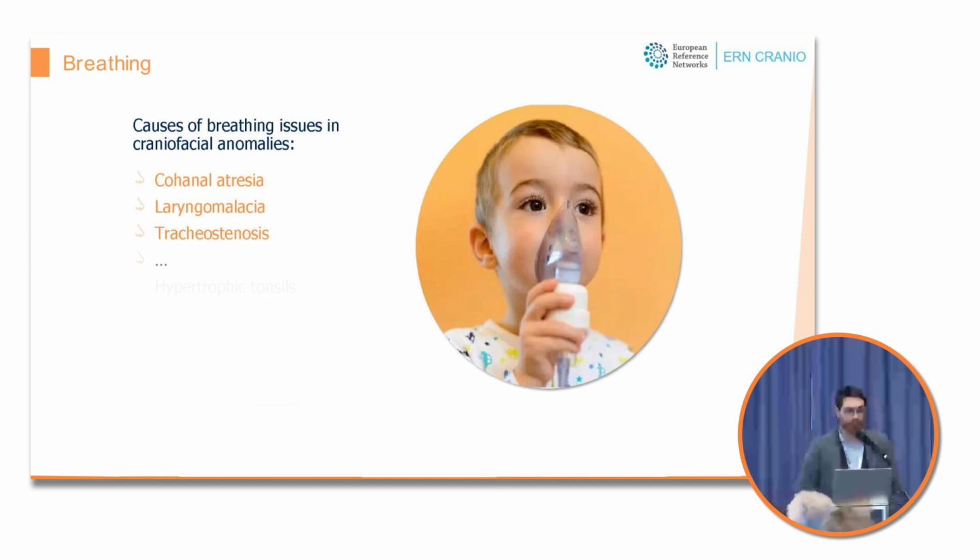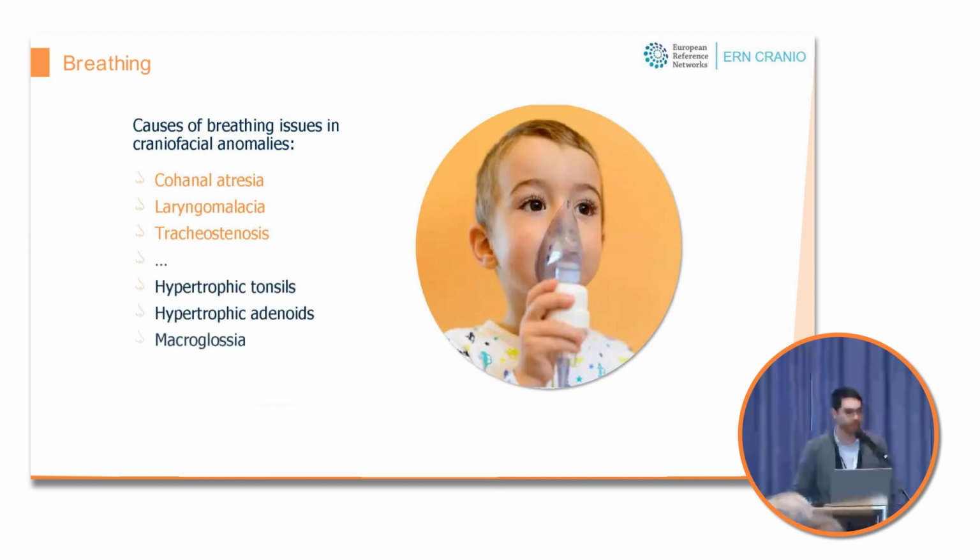So we may have hypertrophic tonsils, hypertrophic adenoids, macroglossia that may impact the breathing of the child. But when you have a breathing problem of a child, it may be not visible only by a clinical